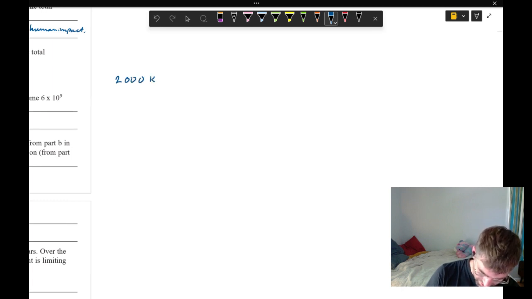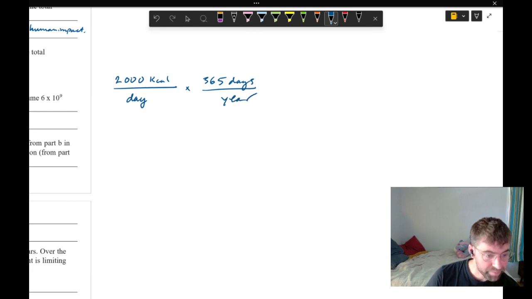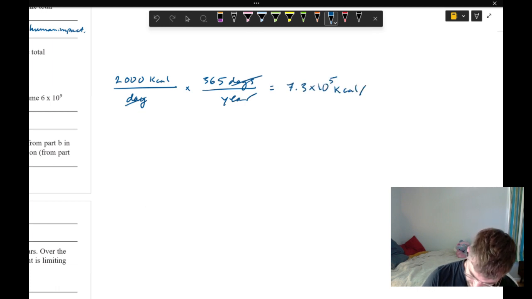So 2,000 kcals per day per human times 365 days per year equals, days cancel out, 7.3 times 10 to the fifth kcals per year per human